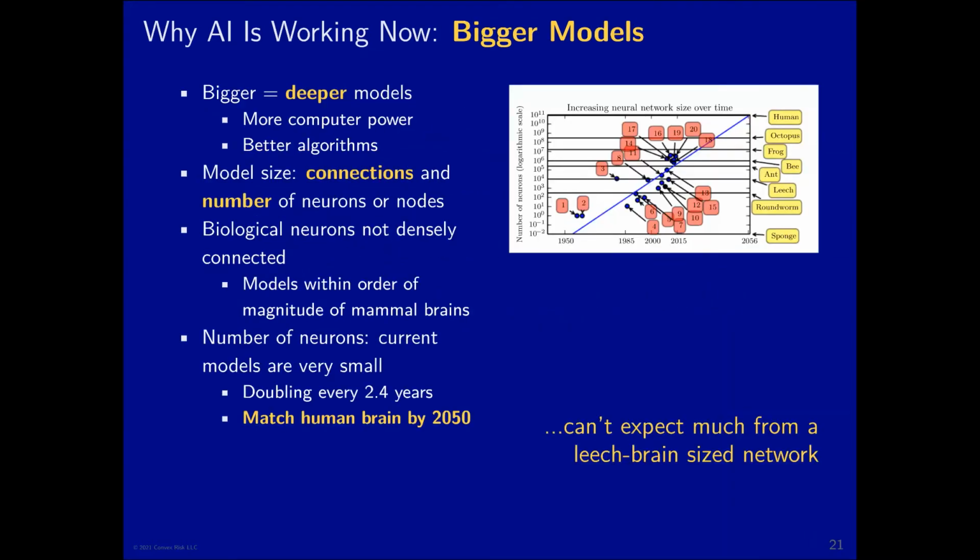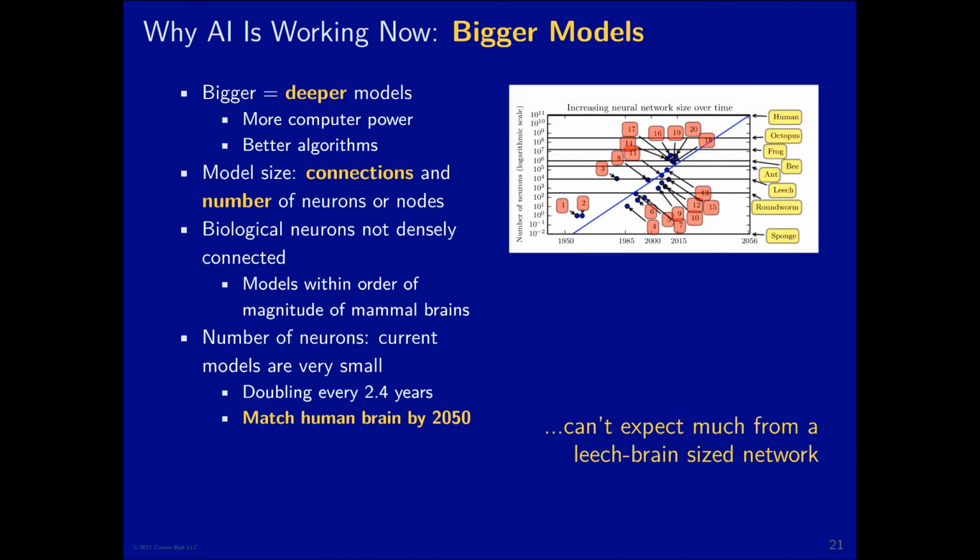And then finally, the third reason is bigger models. Bigger models enabled by the better algorithms and the technology. We have bigger computers. And on the size of the model, there are two components here. One, thinking about the neuron analogy, is simply the number of neurons, and the other is the connectivity of the neurons. And it turns out that connectivity is not actually the major feature for biological brains. Neurons are not massively densely connected, but there's just an enormous number of them.